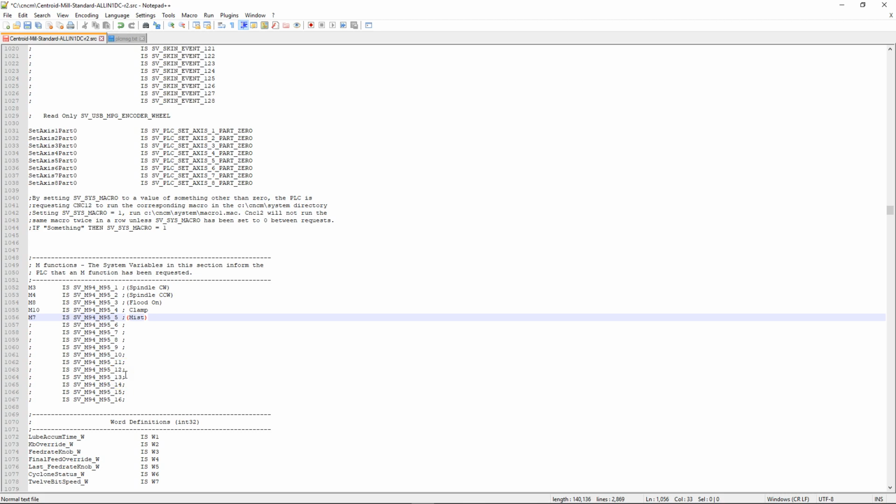Now, do you have to do that? No. If I wanted to, I could say M33 is associated with this system variable SV_M94_M95_9. Okay, it just means that the 9th bit of that system variable is associated with the M33, and that means that in my custom M33 macro, I'm going to have a callout that'll say